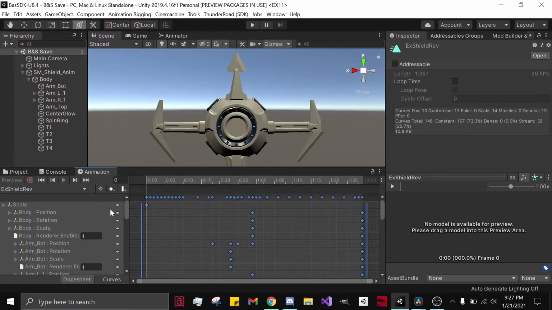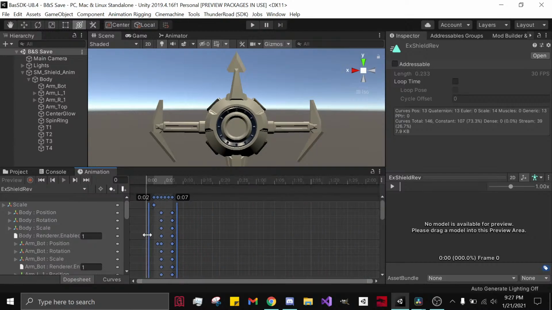to do the reverse, go to animation. You see that it's selected. So you do Control A to select everything. Drag this end right here. Grab the other end right here. And drag it to...